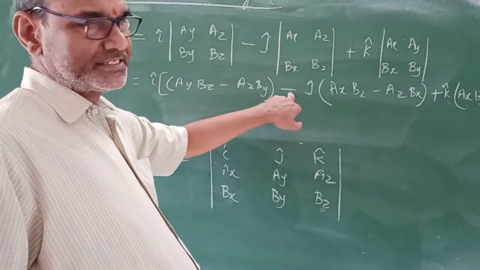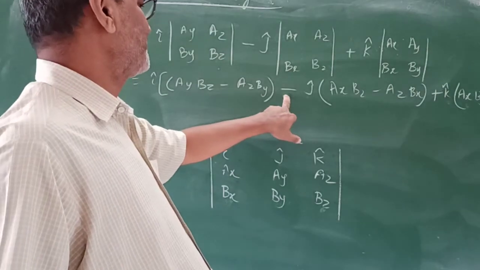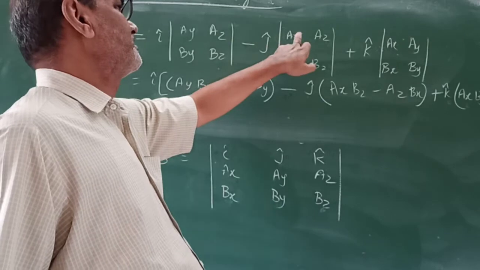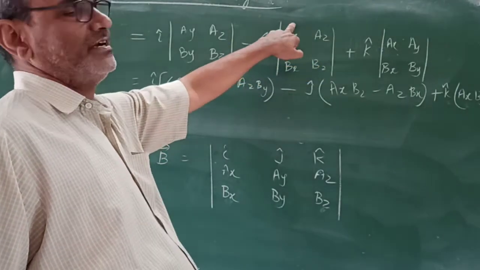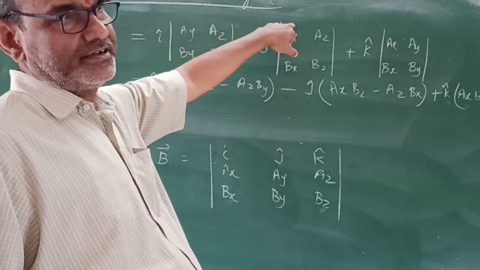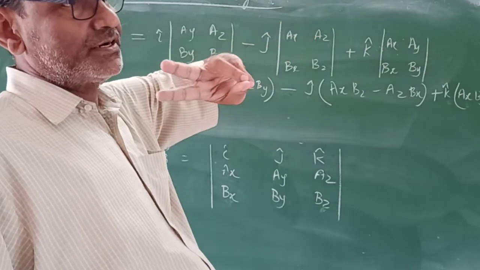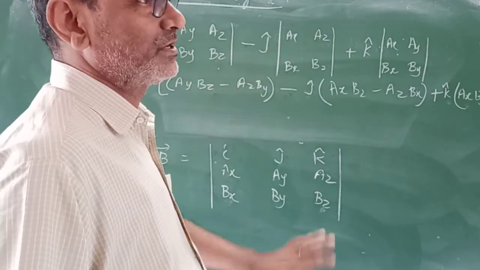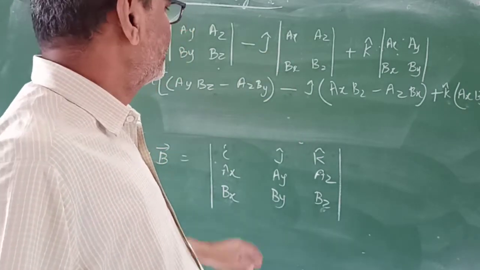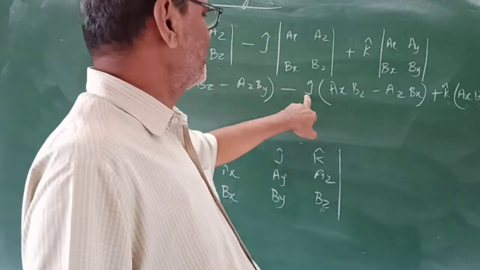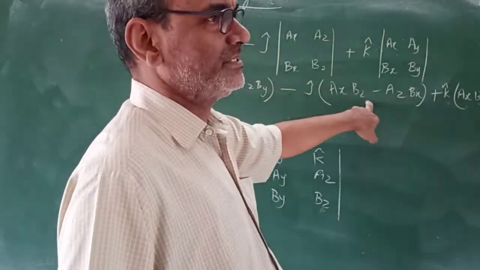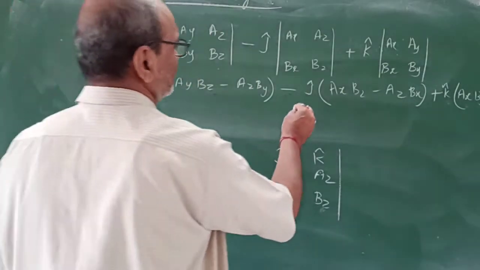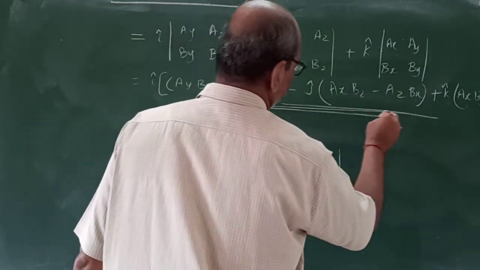We can write plus also. Here we write plus az bx minus bz ax. Is it clear? Follow only one type of rule. Always write the minus sign first so that you will remember. When your hand is free, then you will start to write minus j, ax bz and then az bx. Only this much caution you have to take during the writing.